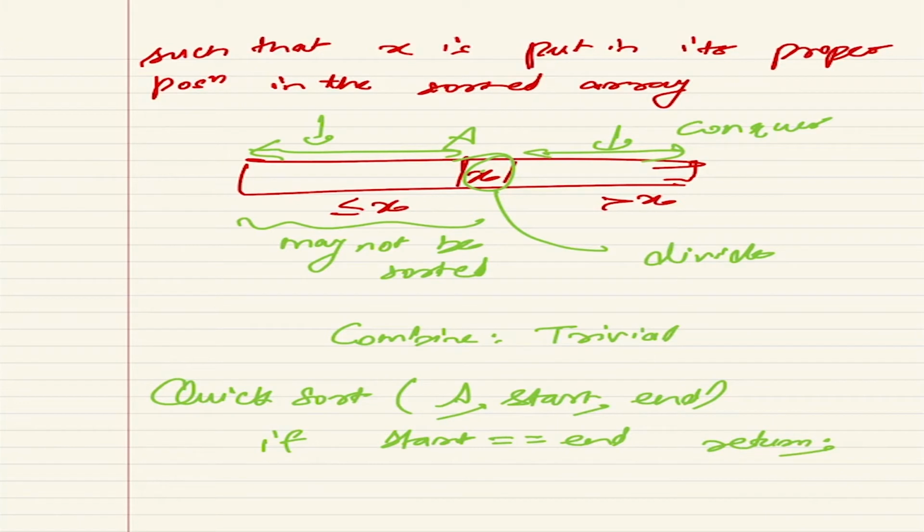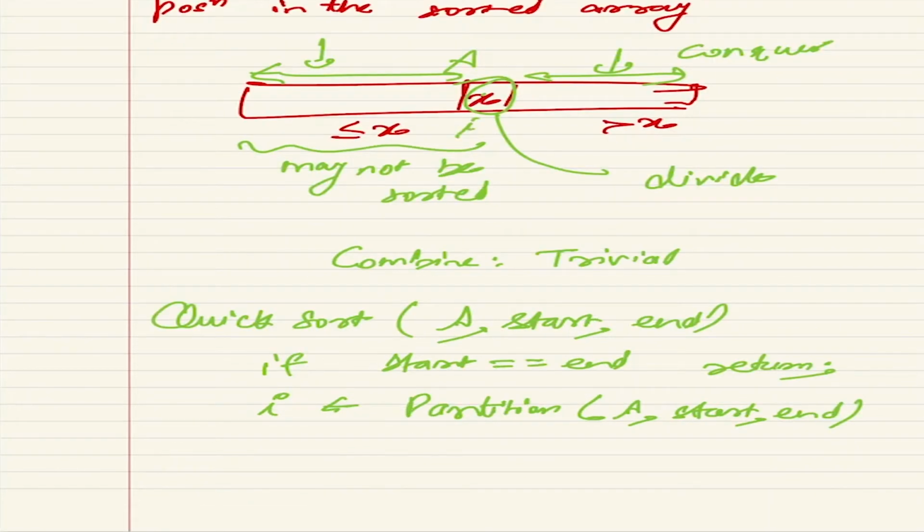Now you have to make a partition into two subarrays. So for that you have to call a routine. So find index I, that is partition. Call this function partition. You give a start and end. So inside the partition function, it will choose the first element as pivot and find out what will be its final position. And once you know I is the position of x, then you can call quicksort